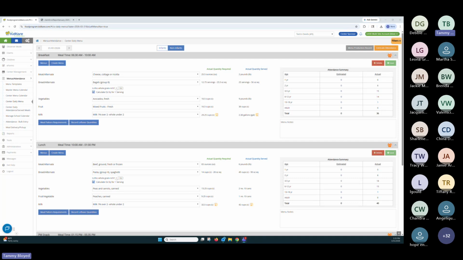E-forms are not mandated. You can absolutely still use the paper enrollment forms. If you are playing with the e-forms for enrollment in KidKare, all I can say is pay real close attention. Because if that has not completed every step of the entire process, those children are not technically enrolled. KidKare may or may not actually give you warnings about them, so you may not realize you're losing money. There are reports and e-forms.